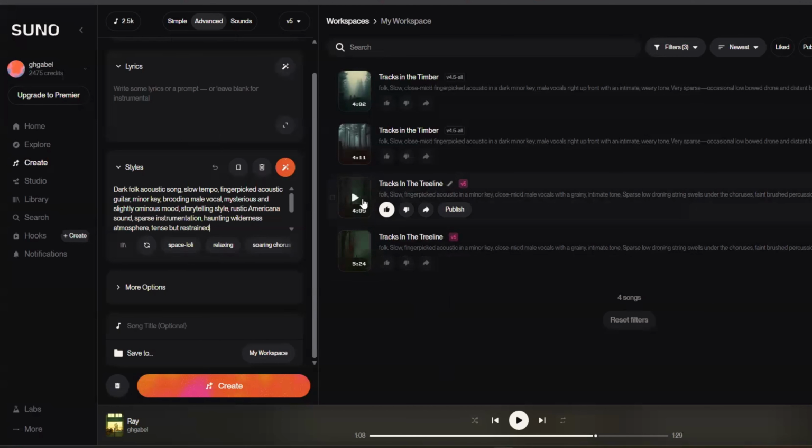And the one I chose, Tracks in the Tree Line, I absolutely love, and it's so funny because it hits all the major story points in my book, and I never told it anything about my book. I just said I wanted dark folk, acoustic, slow tempo, that kind of thing. I never gave it any major story points. And if you push play,